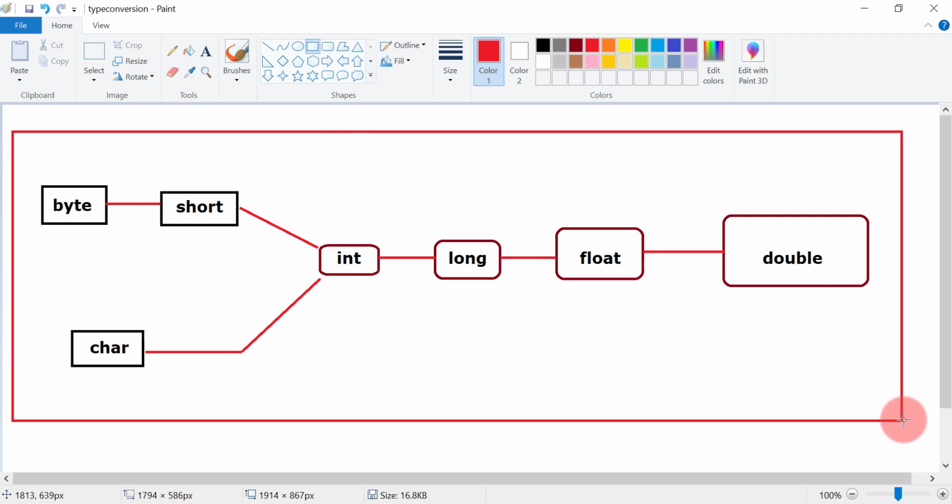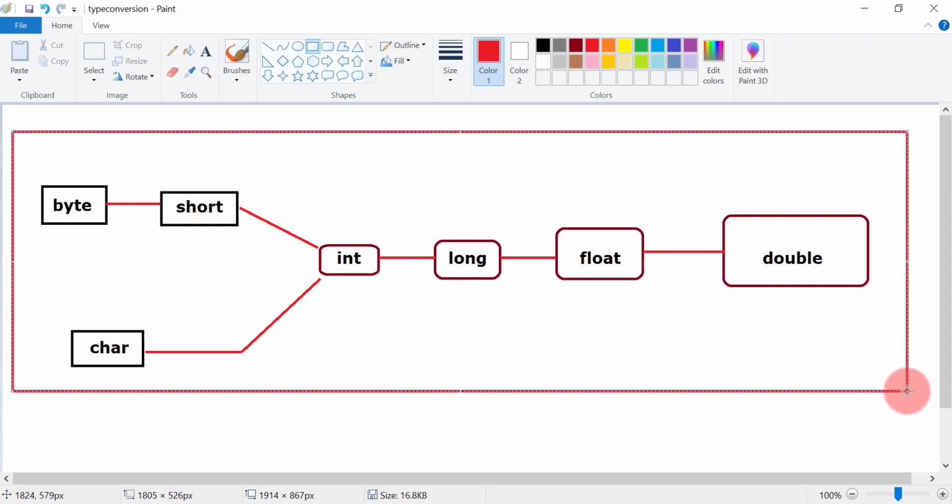So this is type conversion. You can convert an integer type of value into long, float or double, but you cannot convert integer to character, that is, to the left side. Right side conversion is possible, but you cannot convert to a left side data type. So you cannot convert integer into short or byte, or into character. Similarly, you cannot convert float into long or integer. You can only store the float value using double.